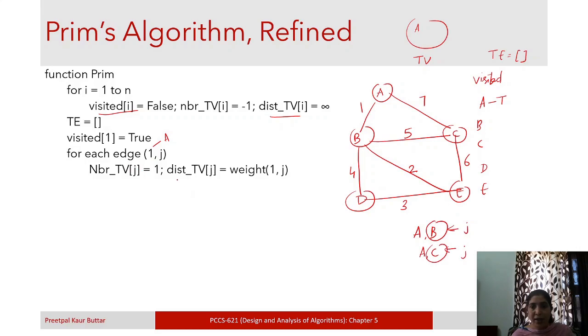So it is saying that neighbor of B which is there in TV is equal to 1, right?